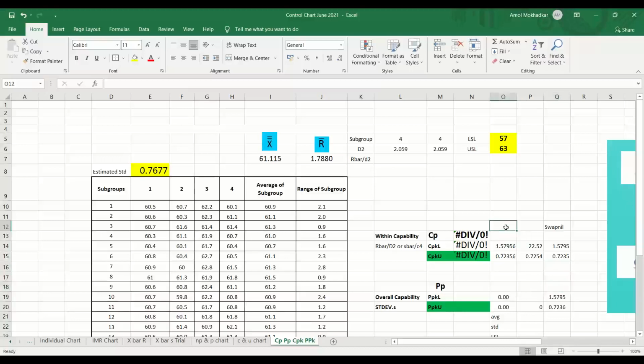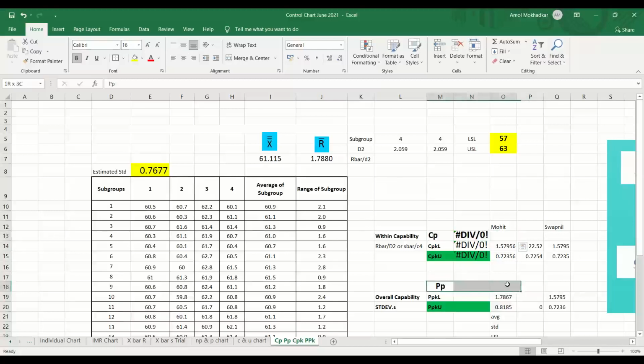So PPKU is 0.81846, and for PPKL it is 1.78672. Right. And PP and CP nobody has calculated. What about CP?